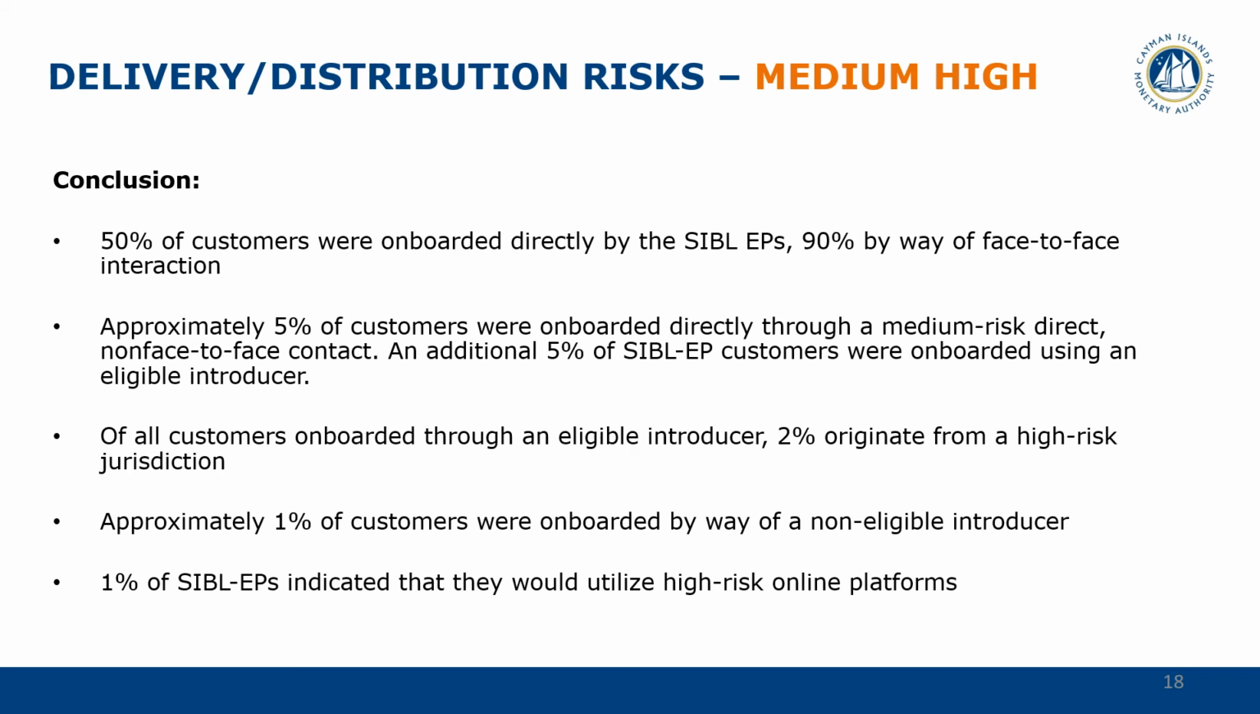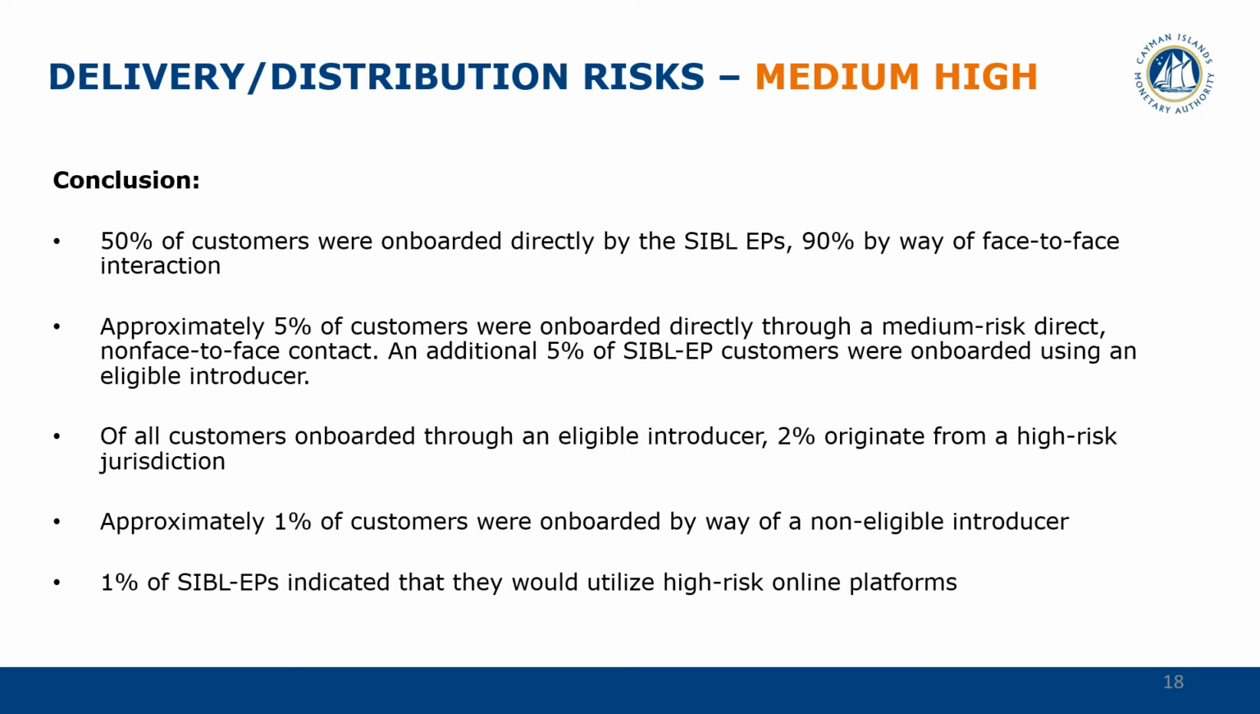Approximately 5% of customers were onboarded directly through a medium risk, direct, non-face-to-face contact method, and an additional 5% were onboarded using an eligible introducer. So of all the customers onboarded through an eligible introducer, 2% did originate from high-risk jurisdictions, and there were 1% of customers onboarded by way of a non-eligible introducer. Only 1% of CbP EPs indicated that they would utilise high-risk online platforms, so the overall delivery distribution risk was